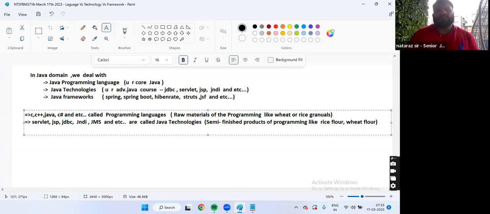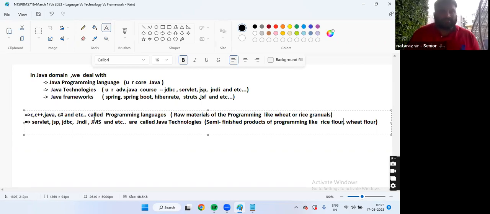Okay, boss. Now listen, tell me. Compared to wheat granules, making rice flour and wheat flour eatable is quite easy, na boss? Definitely quite easy. A lot of burden is reduced on the programmer. You have a rice granule, the raw form of the rice which came from paddy fields. To make it eatable is a very lengthy process.